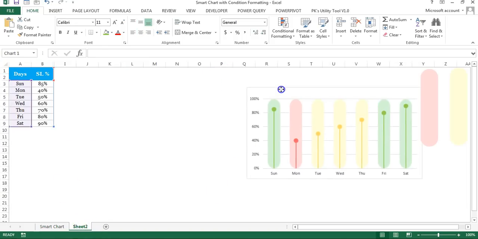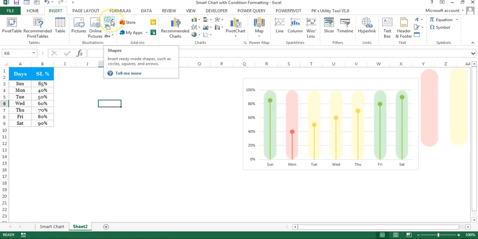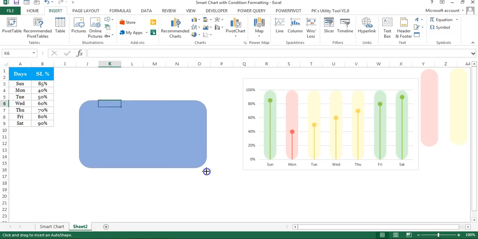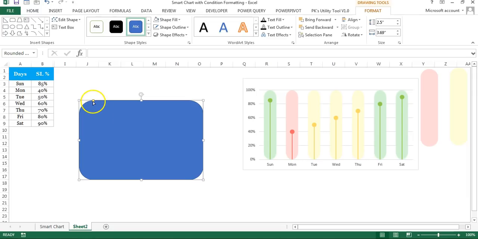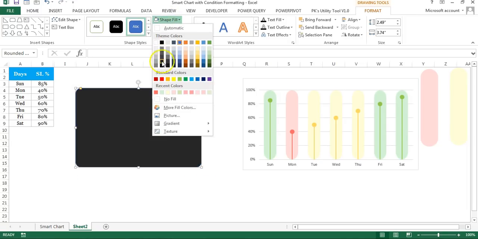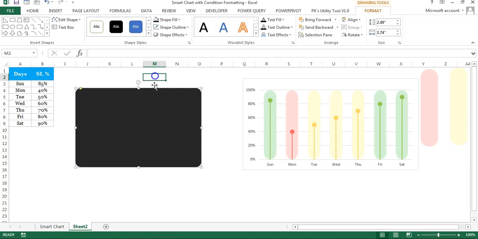So to create quickly this laptop shape, I'll go to the insert and then I'll go to the shapes. I will insert this shape which is the rounded rectangle and just drag this rounded rectangle shape here. Pick this yellow handle and change the corner radius like this. Now go to the fill and we will fill here, let's say this color. We'll go to the shape outline and we'll say no outline.